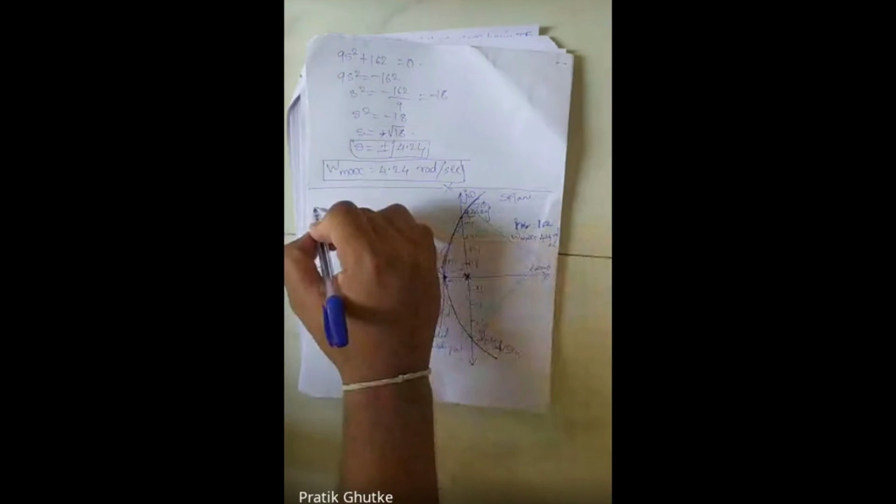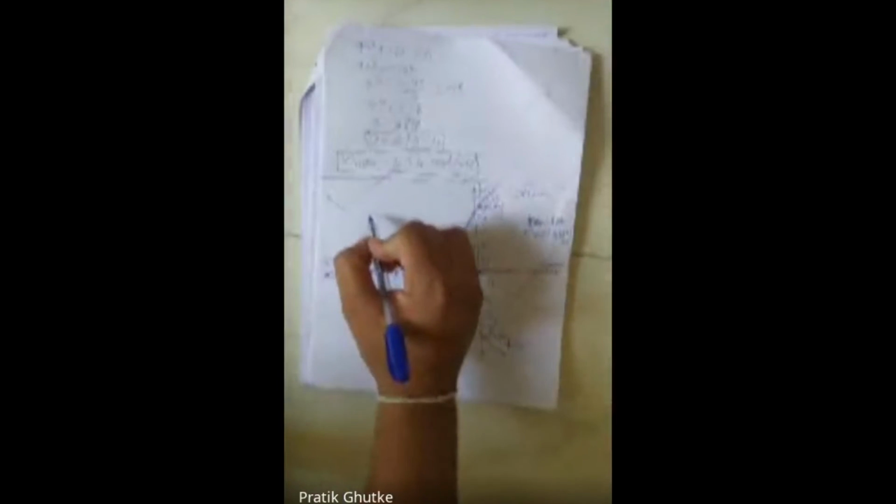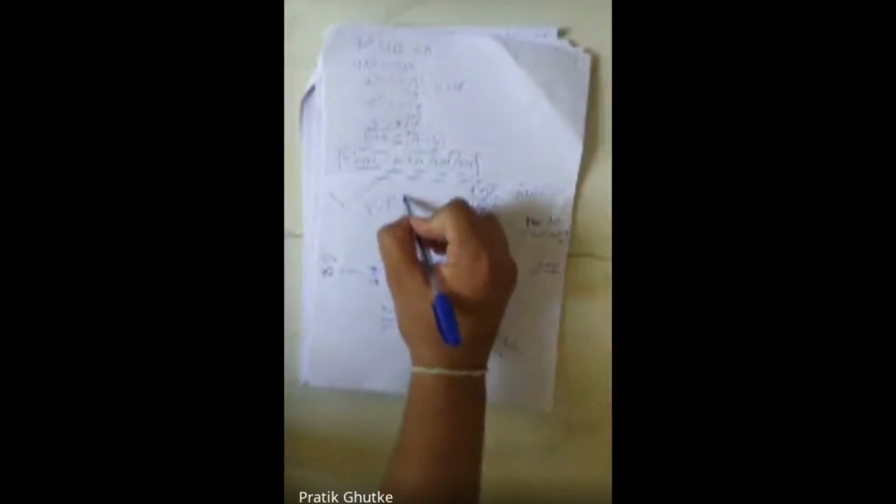In this 13 mark numerical, the graphical part will carry 5 marks, and the rest will carry 9 marks. The calculation part is of 9 marks and the graphical portion is of 5 marks. So a 13 mark numerical on the root locus comes in the university paper. So draw the root locus diagram with the help of this. This was the first numerical regarding the root locus technique.